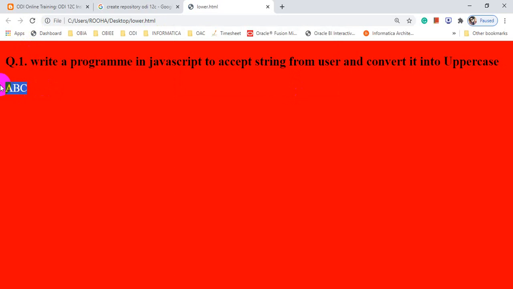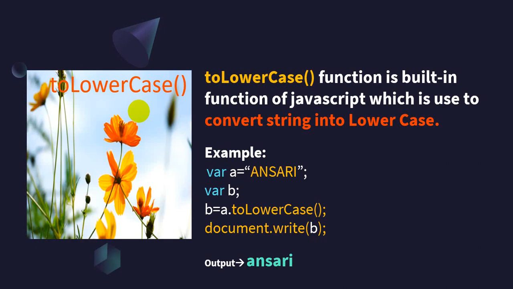Okay, that's for today. I think it was a very interesting and important lecture. If you have any query or question related to the uppercase and lowercase functions, please feel free to post your comment. Again I am telling you, this question is very important, not only from your standard examination point of view but also for your 12th standard, because many times there is a last question: accept a value from the user and convert it into uppercase and lowercase. The toLowerCase and toUpperCase functions are used, and the only thing is that you have to accept the value from the user.